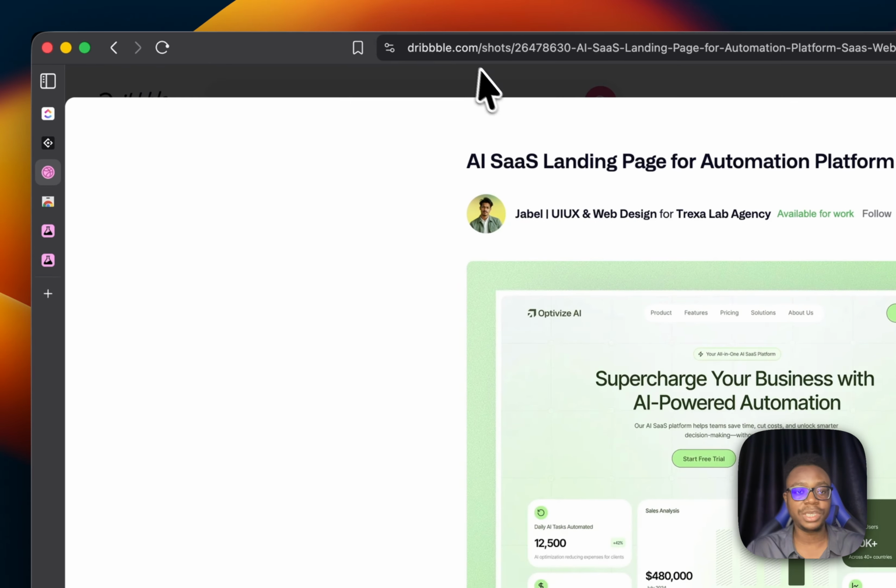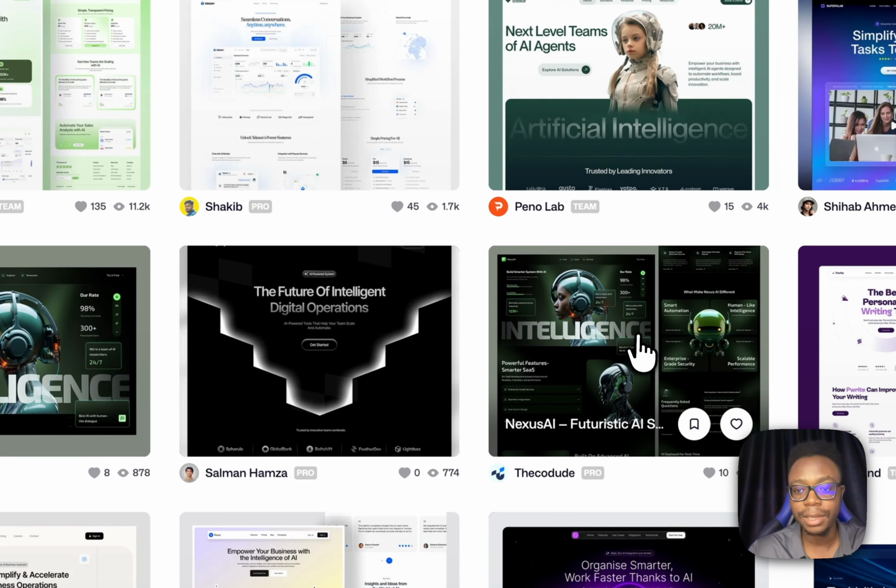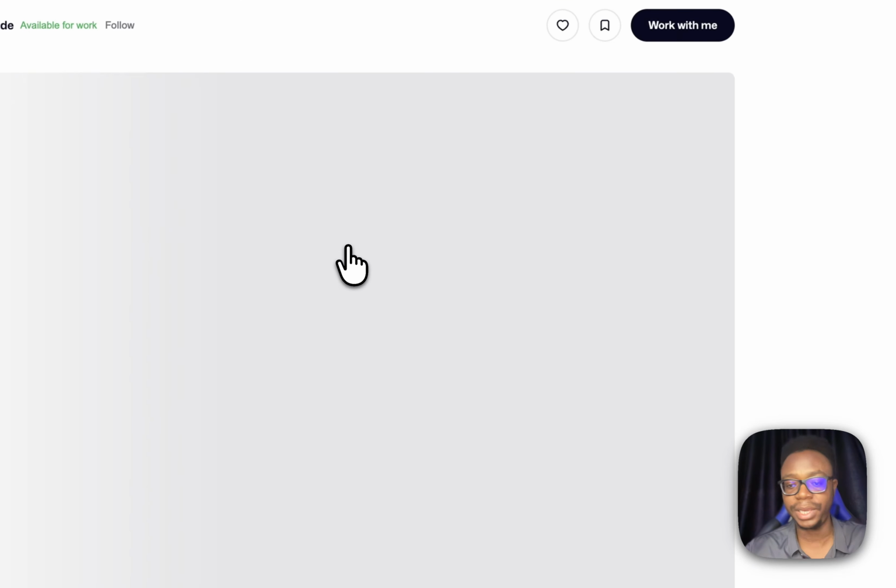So let's go to Dribbble. Let's pick another website design style. So let's try to replicate this cool website. So this is the website. I'm going to copy the image, paste it here, and I'm going to click on start a new web design. So it's not going to be an app, rather a web design. So I'll ask it